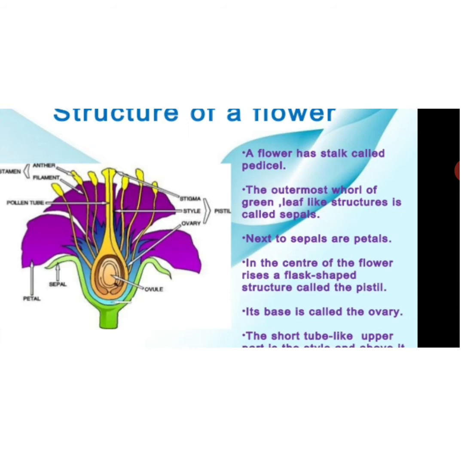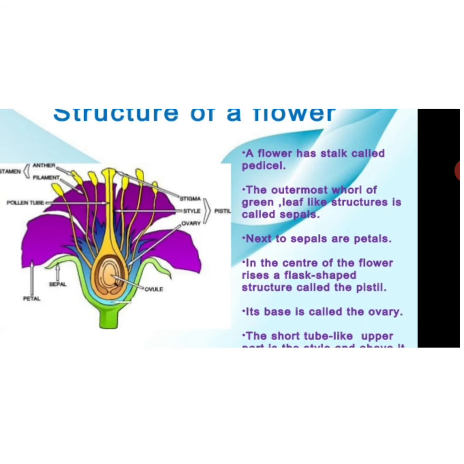Next to the sepals are petals. Petals are the very colorful part, or we can say a very attractive part. They are generally bright in color and scented also, and this is the part by which insects are attracted towards the flowers, which helps in reproduction. Okay, so understand that the colorful part of a flower is known as petals.